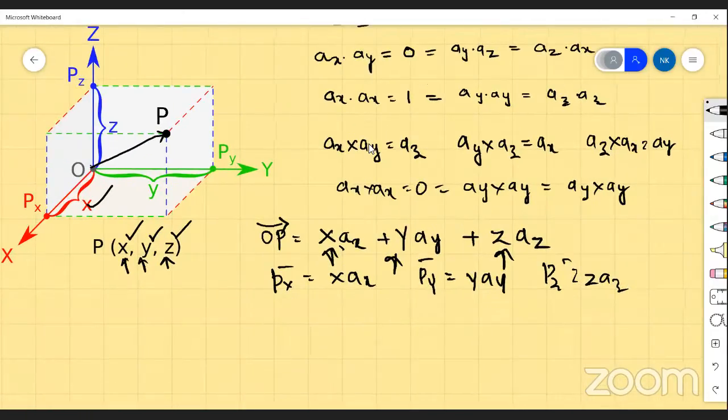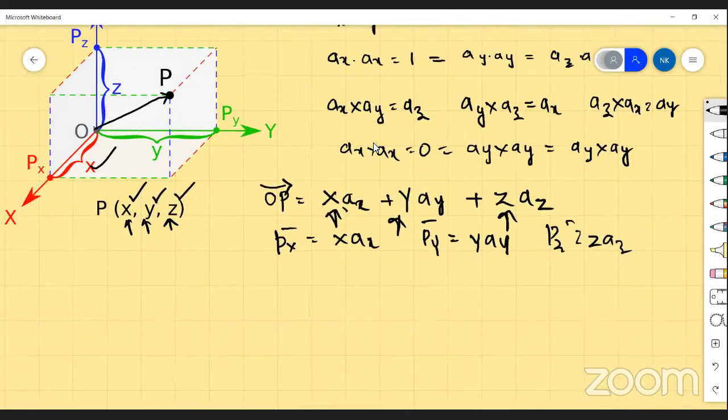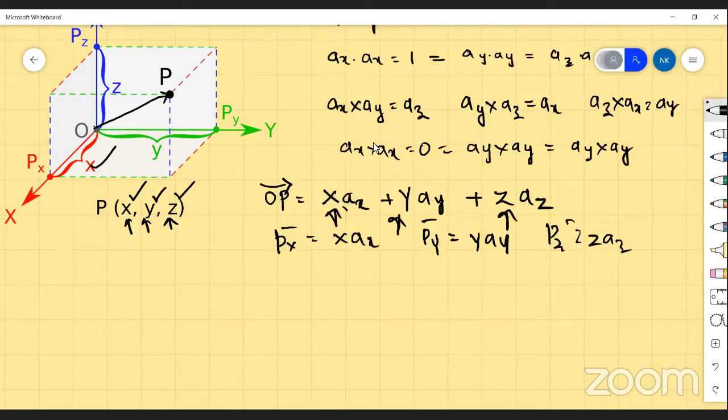Now, what is the beauty of it? Why are you making the mutually orthogonal coordinates? Suppose I consider a certain point 3 comma 4 comma 5. The contribution of x on y is 0, y on z is equal to 0, z on x is equal to 0, or you can say the effect of one on the other is 0.